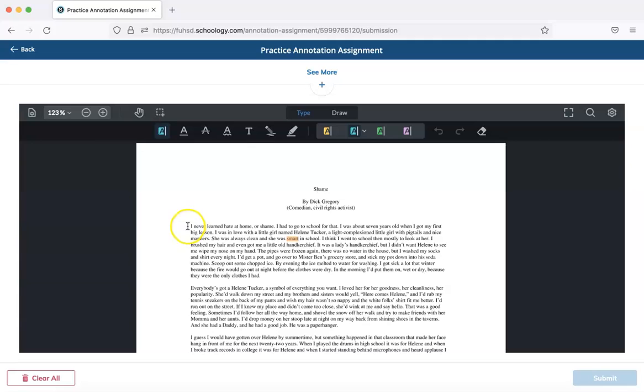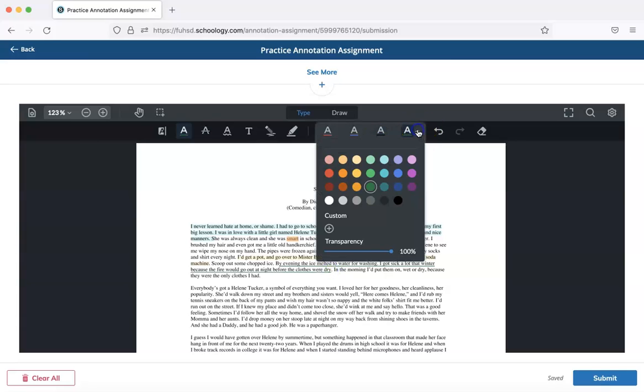For the highlight, say I want this quote. That's a nice one, and then I decide I actually want to do this one in yellow because this is a slightly different thing. Or maybe I want to do an underline, and I actually like having a green underline, right? There are all of these different options available to you, and again, you can change these things, add colors, transparency, things like that.